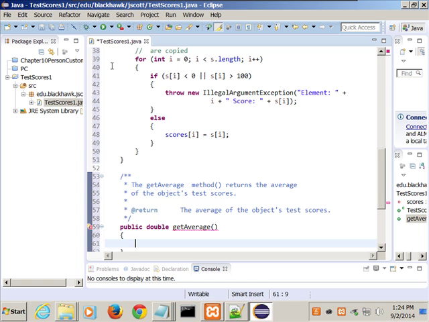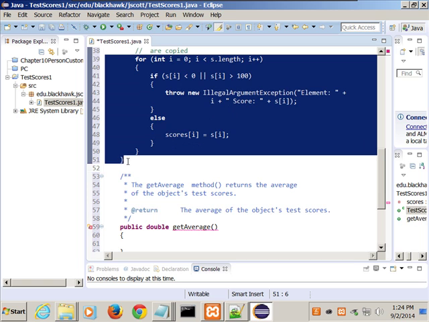Not going to go any further because I got a feeling some of you are still in the area here that's blue, so I don't want to scroll it off the screen so you can't see.